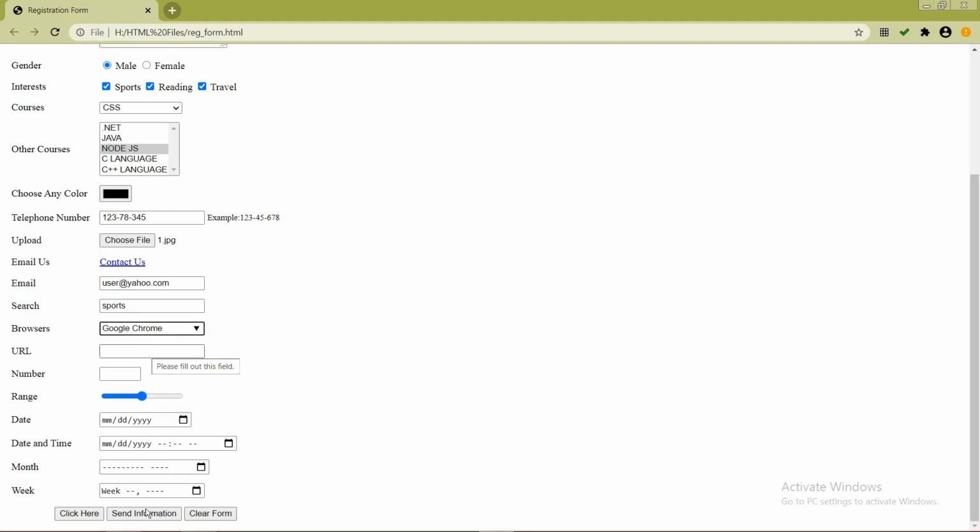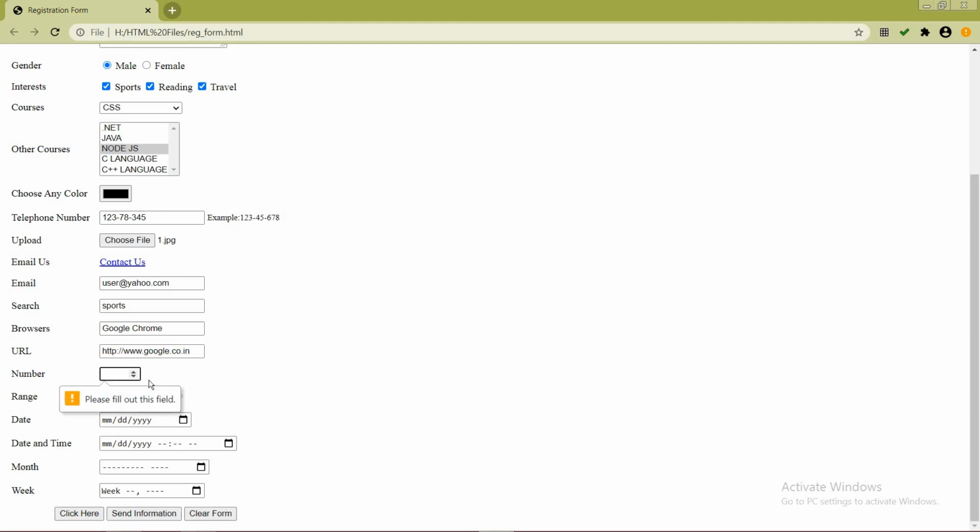Now the URL. If I leave it blank, again it is asking for the field. Now if I say let it be google.co.in, this is the URL. Now it says please enter your URL. It's not saying that it's a correct URL. It's not moving ahead because I have written a wrong URL. Why so? Because a complete URL is this one. If I write www, it will again not proceed further because it's not a complete URL. The complete URL is http://www.website, the name of the website. This is a complete URL. Then it will move further.